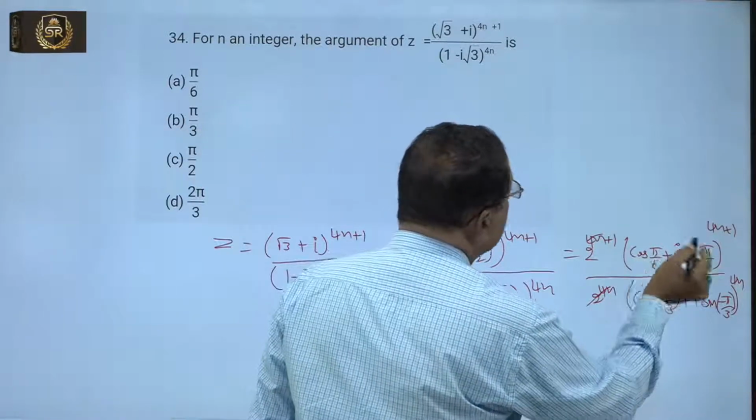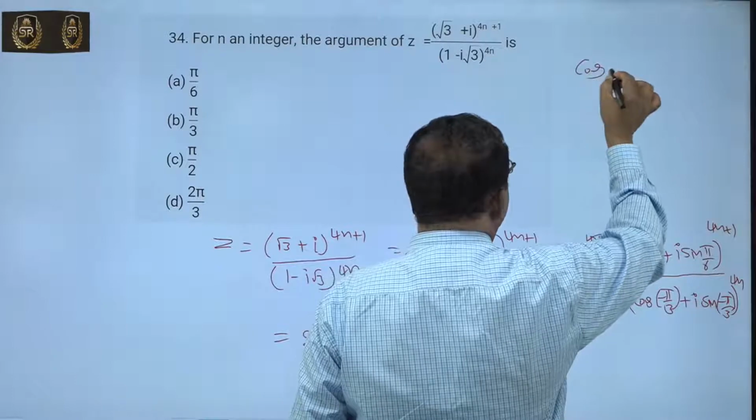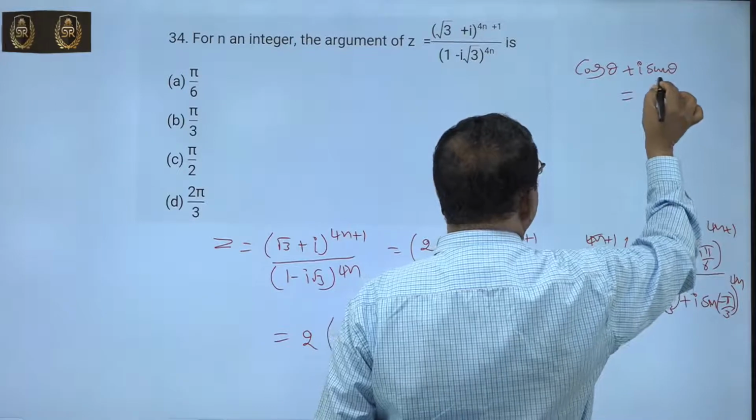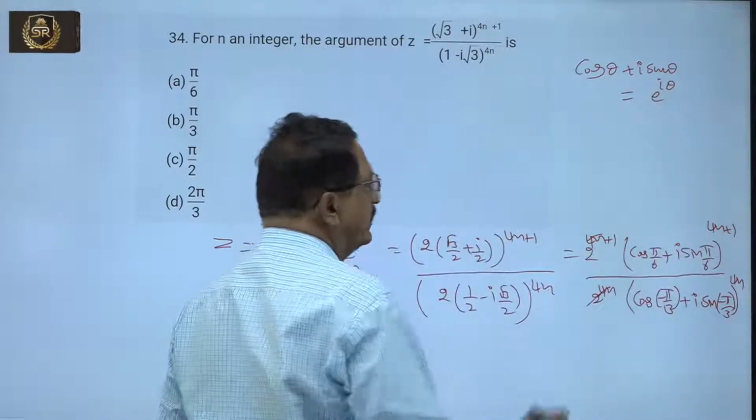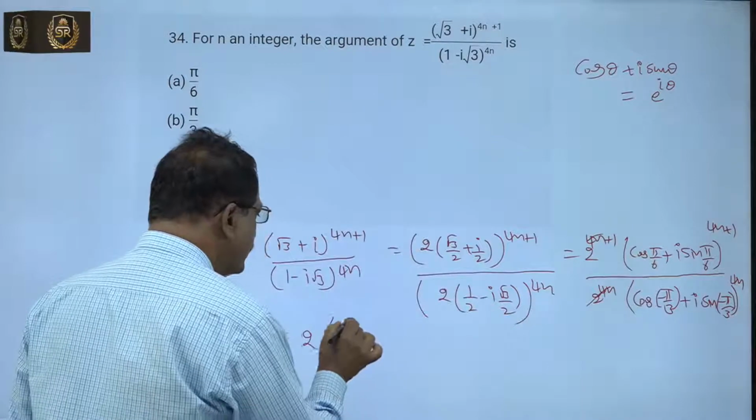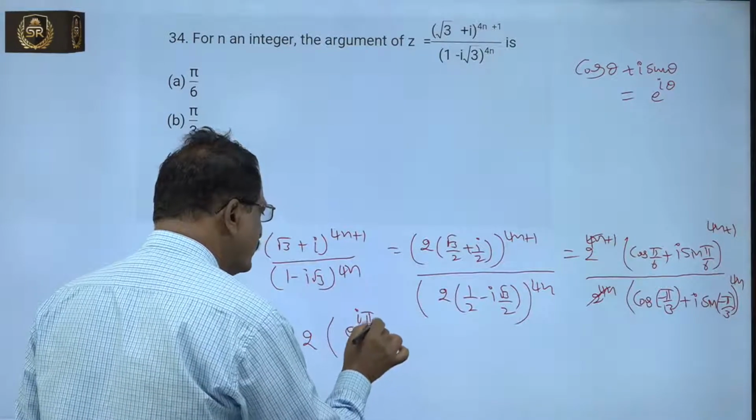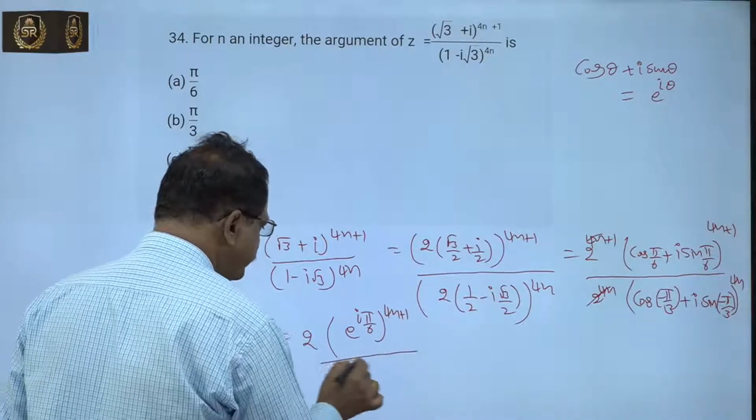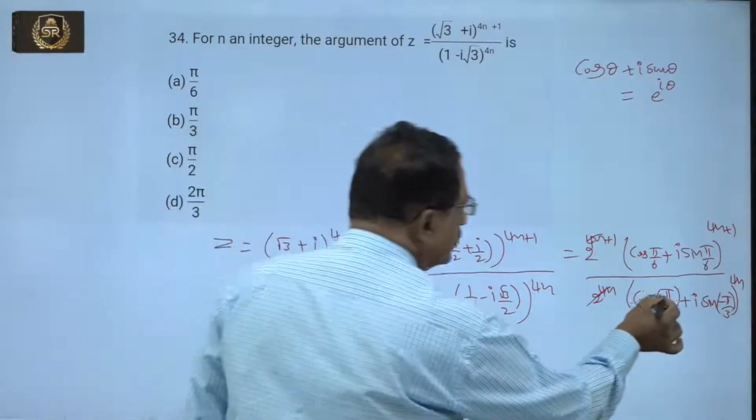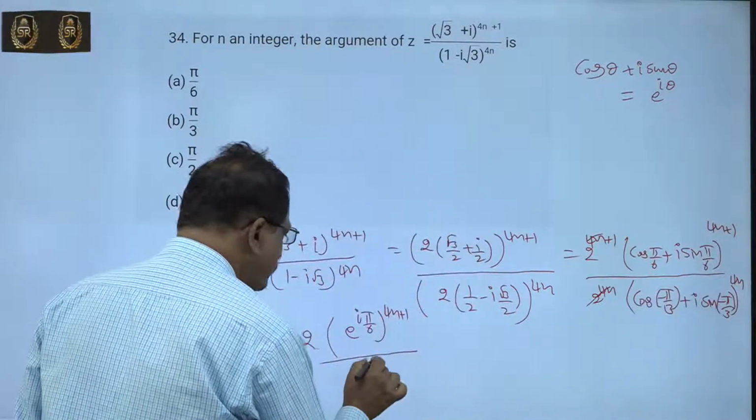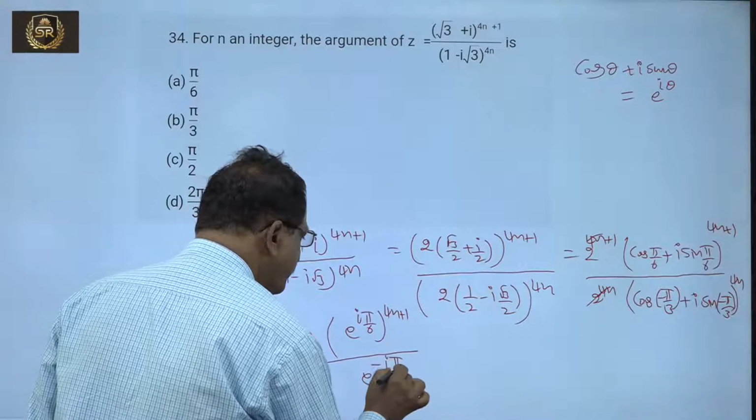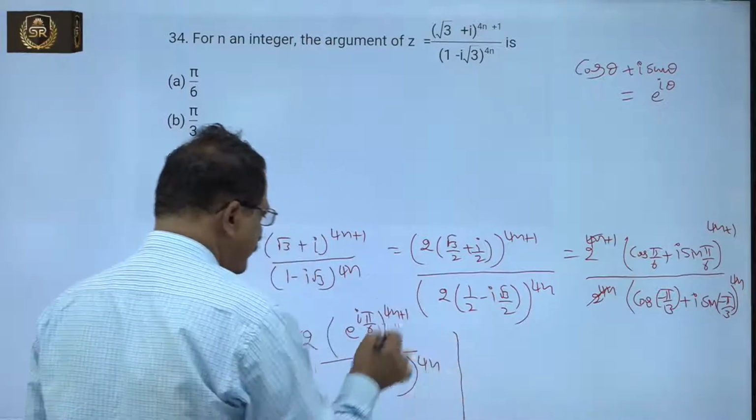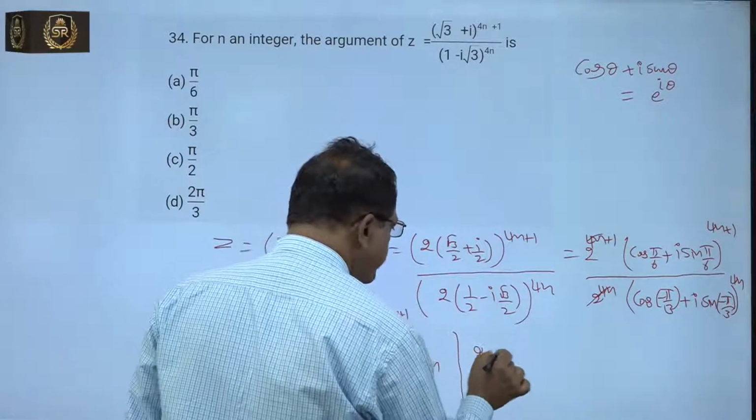Here, you know Euler's formula: cos θ + i sin θ equals e^(iθ). Now that equals e^(iπ/6) to the power 4n + 1, over e^(−iπ/3) to the power 4n. Now that equals 2 times e to the power of,